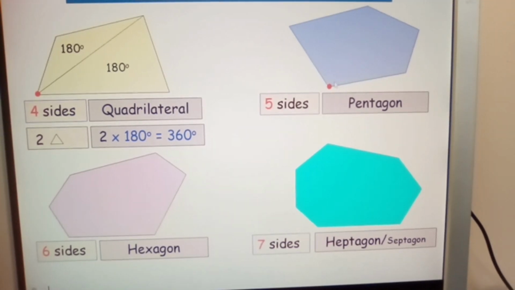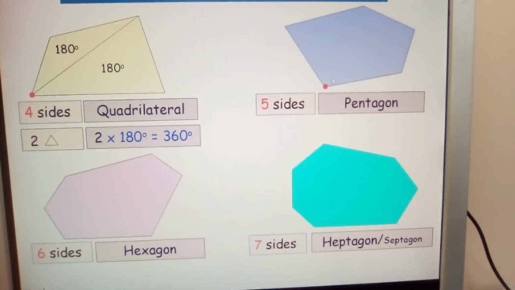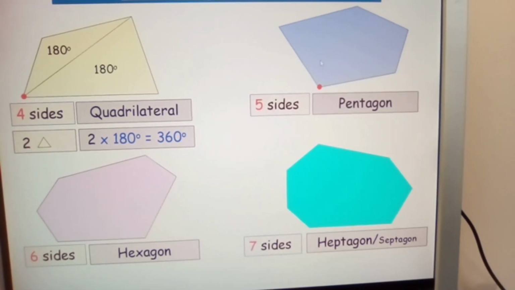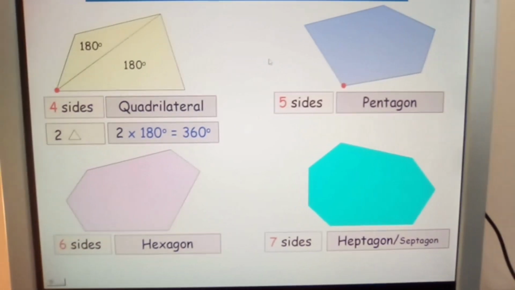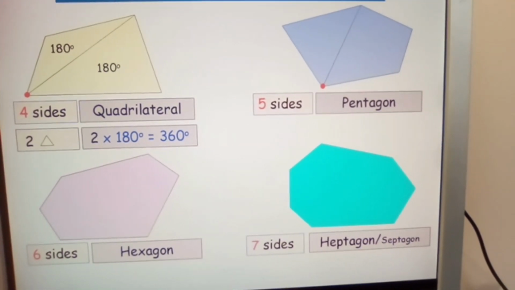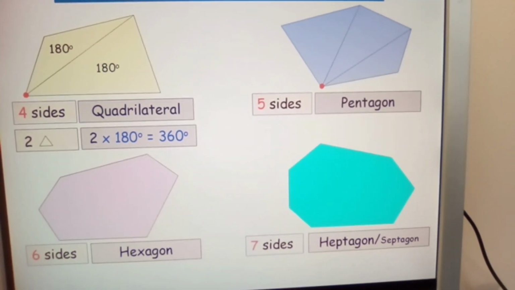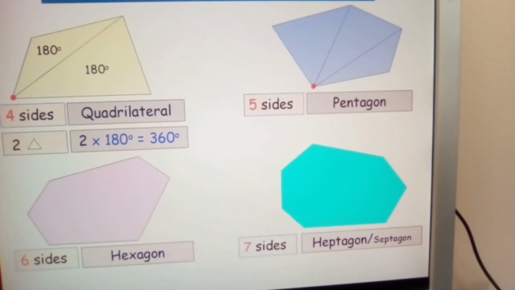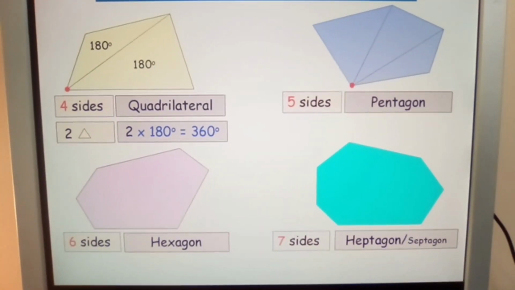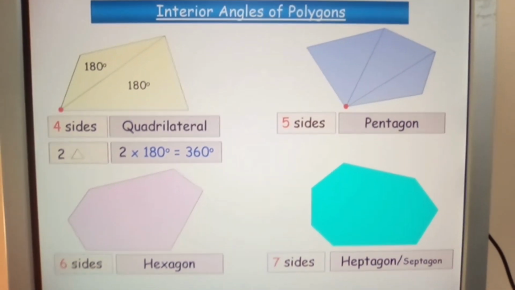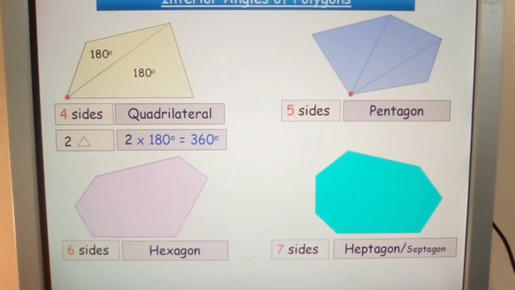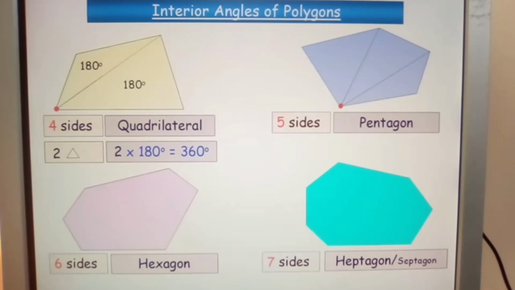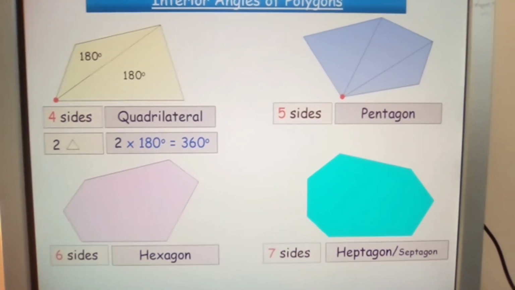Here we come to the pentagon. Now, how many triangles do you think we're going to make out of this pentagon? Let's just have a look, shall we? 1, 2. So we have 1, 2, 3 triangles in our pentagon. I'm just trying to make sure that it's in shape,